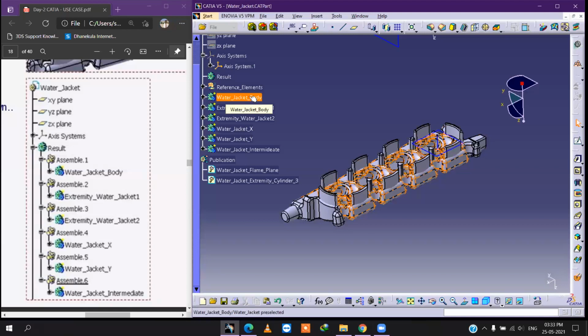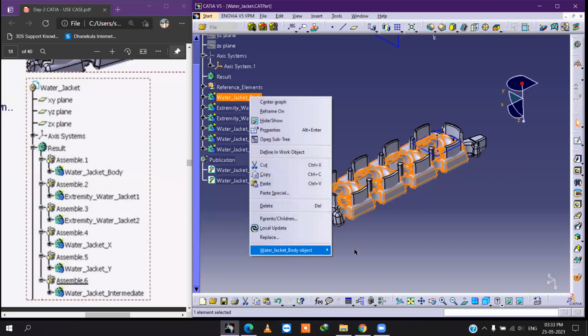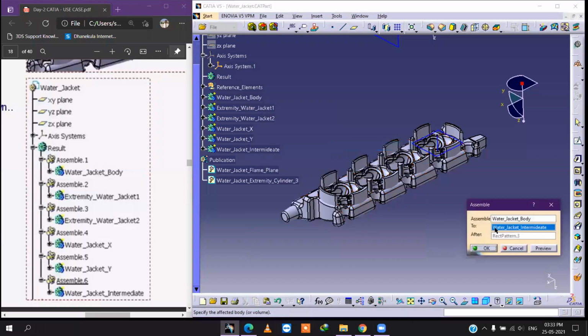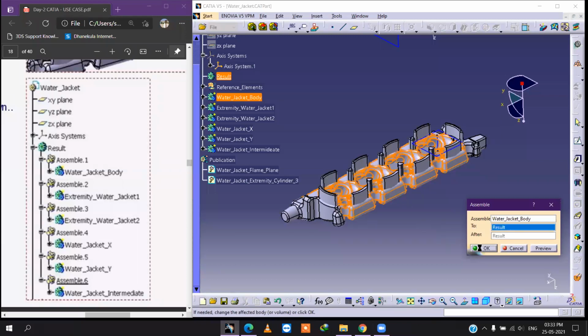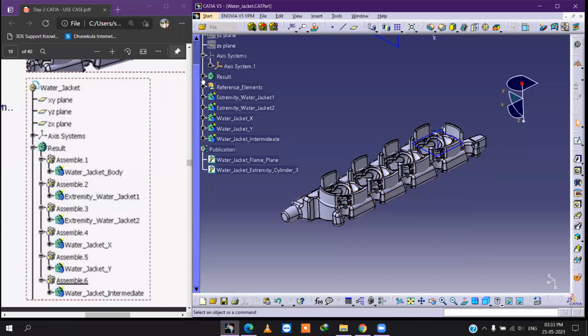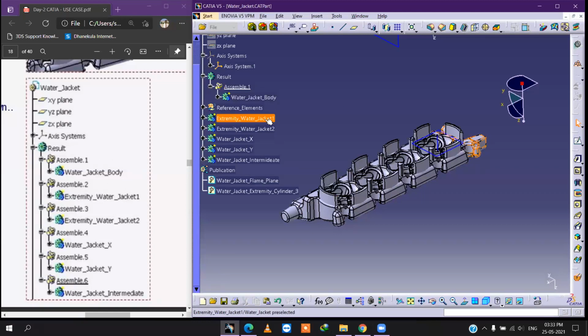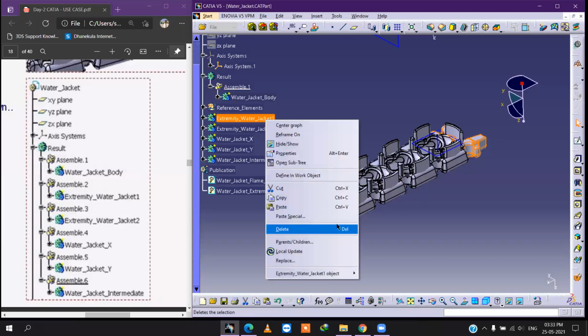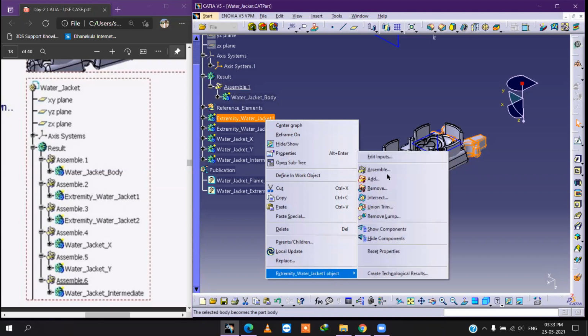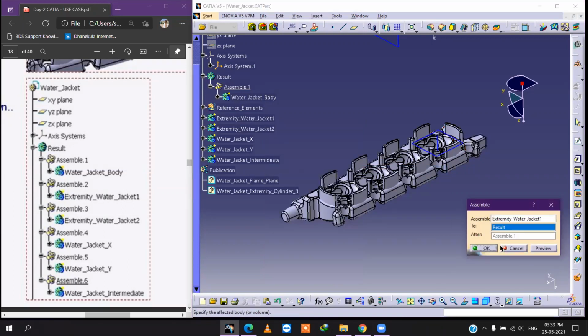This one, water jacket body first. Right click over here, assemble to result. See, it will show you assemble one water jacket body. Same for this one, water jacket. Extreme water jacket one. This one, assemble result.